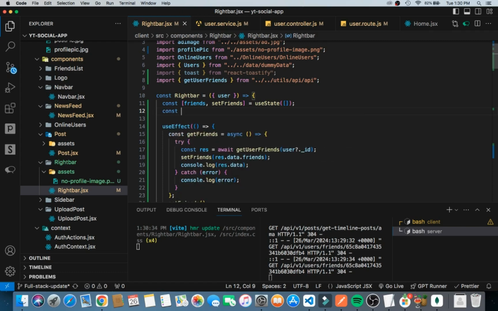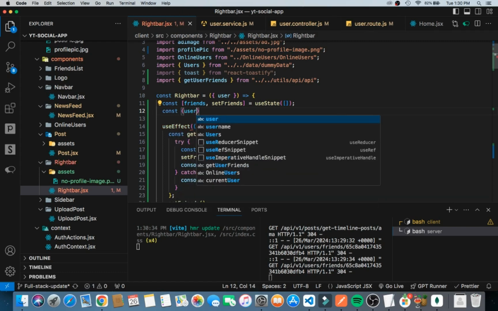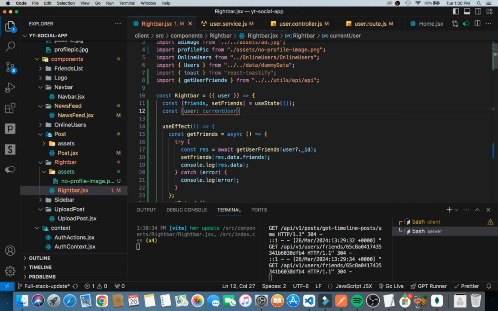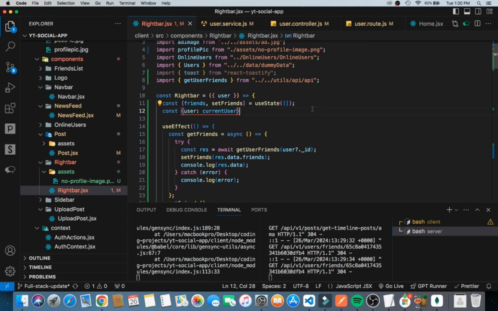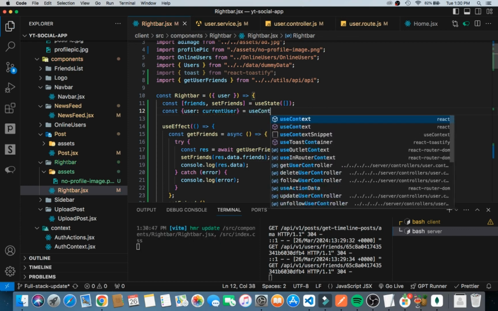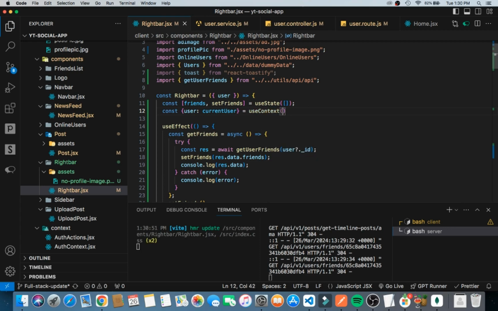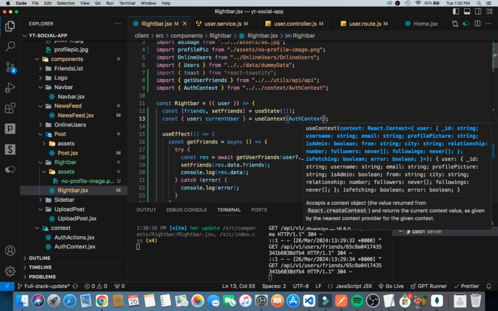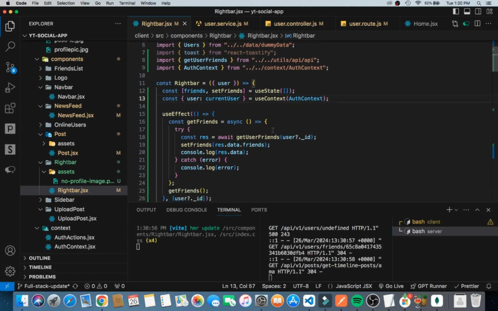So I would say user, call the user and give it a nickname, or another way it can be recognized as the current user. Then I'll take it from the use context here. Then this use context, I'm going to pass with my auth context. Alright, so now that I have this,